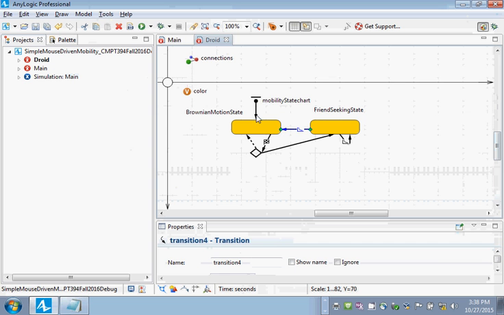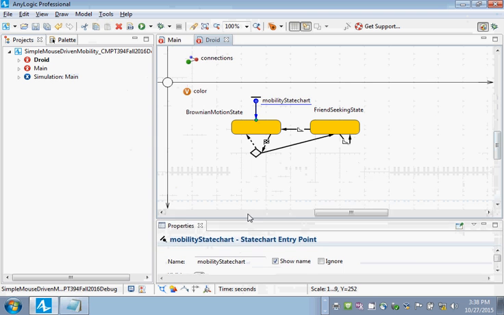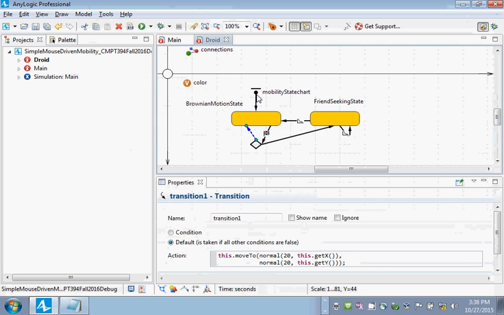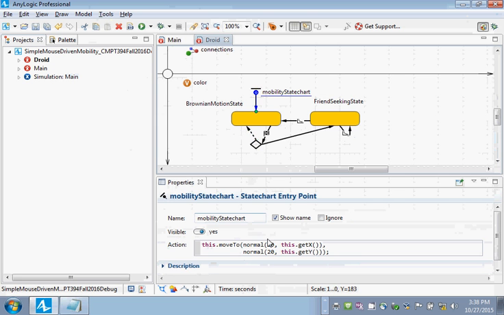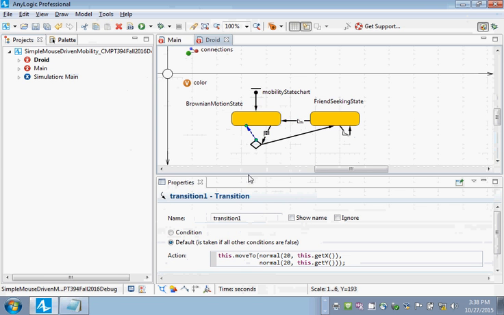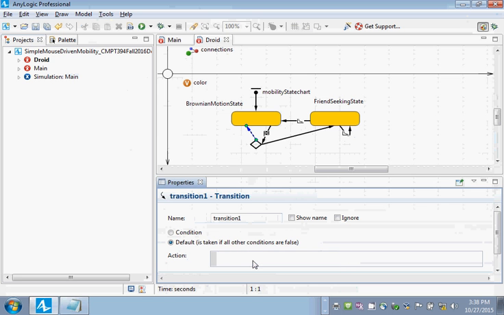We don't have an action in the transition from friend-seeking to Brownian motion. Right, exactly. So here, ladies and gentlemen, we didn't set him in motion. So he could have been at rest when he transitioned, in which case he would never have arrived, and therefore this transition will never take place. So what we need is an action associated with this, and my suggestion, ladies and gentlemen, would be to go back, now that we've simplified and regularized this,